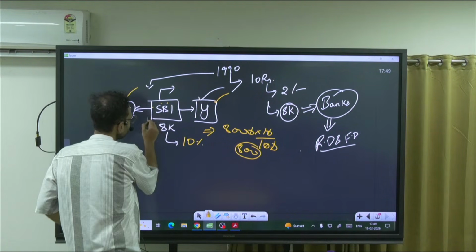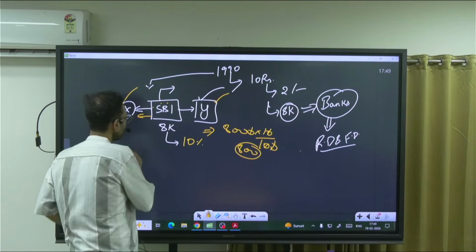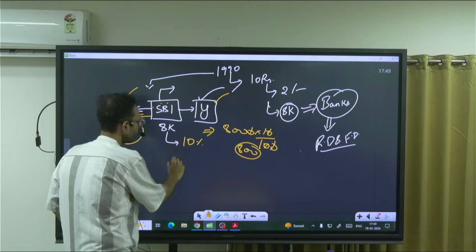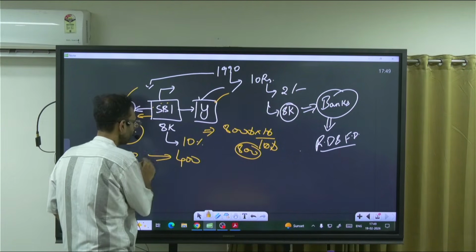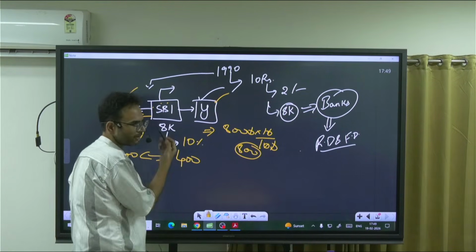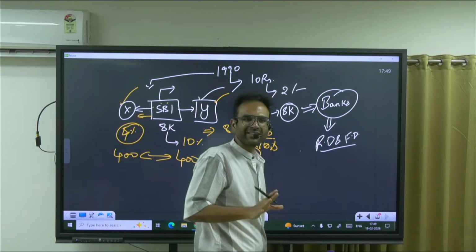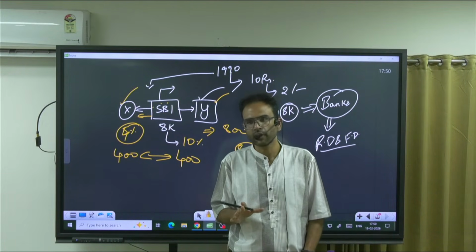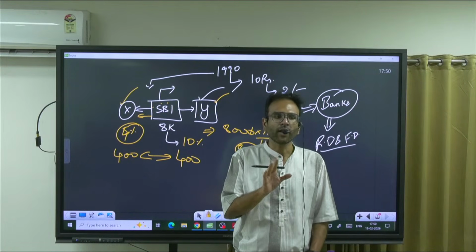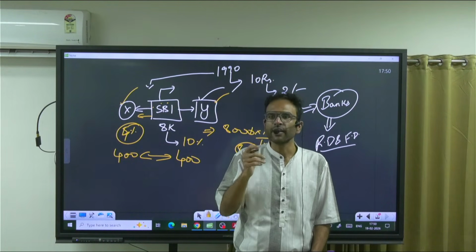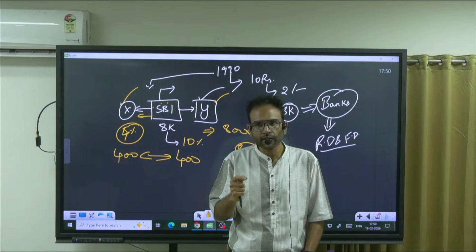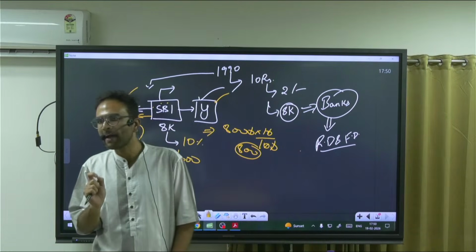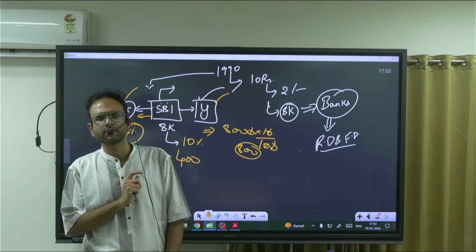So this person is going to get a fixed deposit rate of, let's say, 5%. So 400, 400. They will share equally, or let's say 4% proportionately, whatever the percentage is. This is the concept of credit creation and the role of financial intermediaries in our economy. If I ask you, what is the role of financial intermediaries? It is credit creation and augmenting economic growth. Clear? So if something happens to the banking sector, everything will collapse.